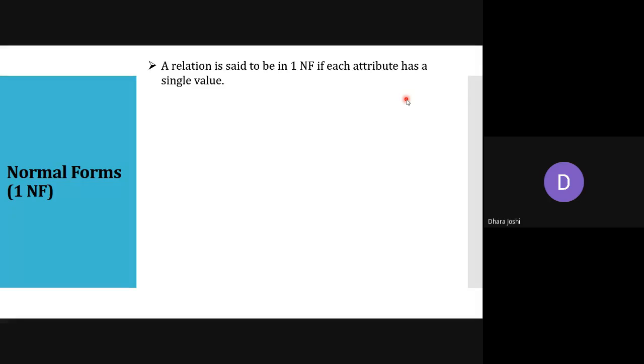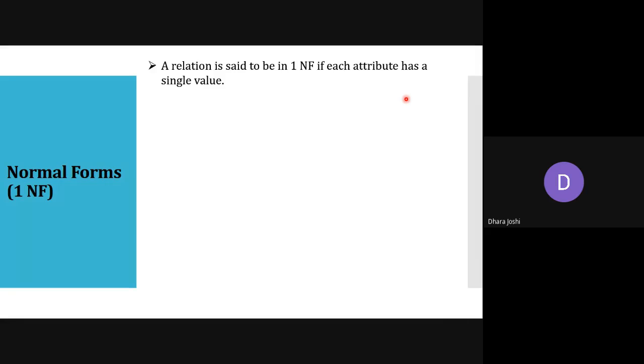Like if I am telling you, write your SPI and CPI along with your name. So what you are doing? In one cell of Excel, you are writing your entire name. After that, you will write your SPI, and in the next cell, you are writing your CPI. You are not doing the practice of writing in one cell SPI, comma, CPI.